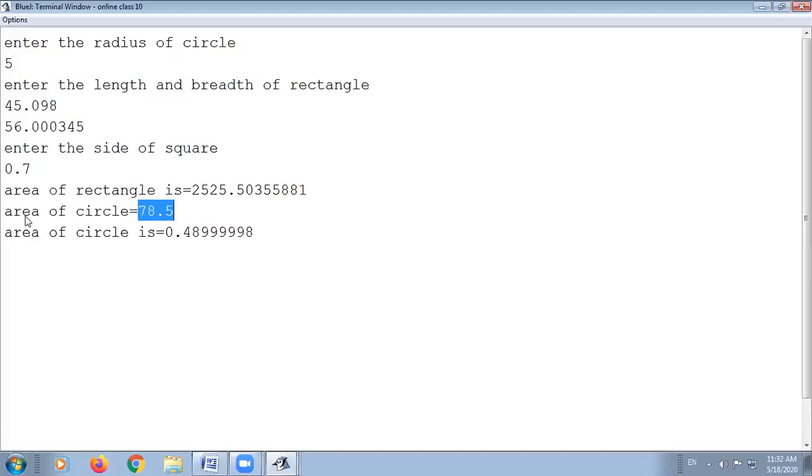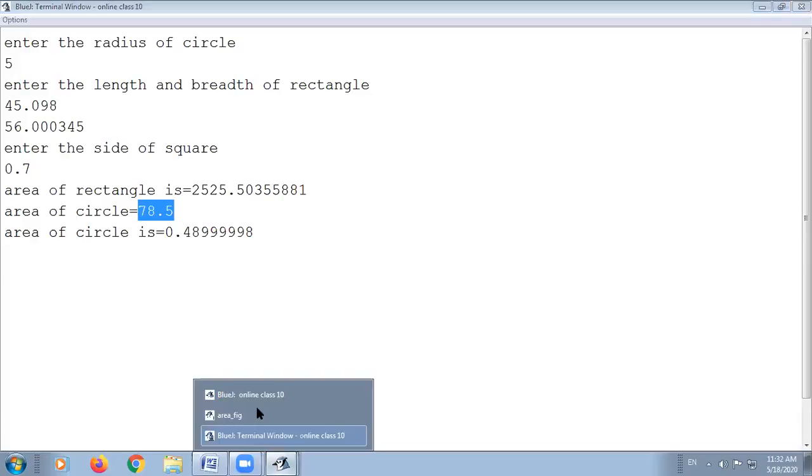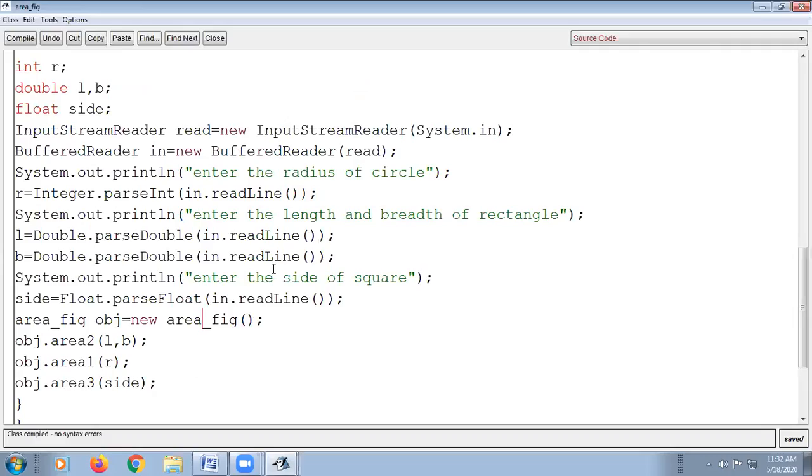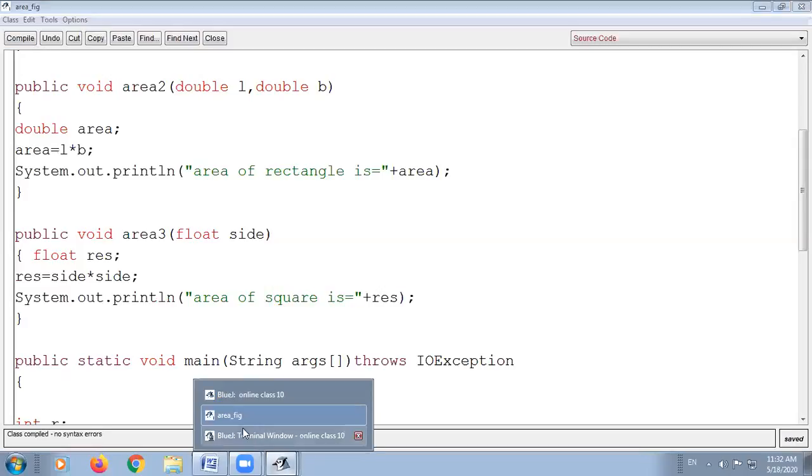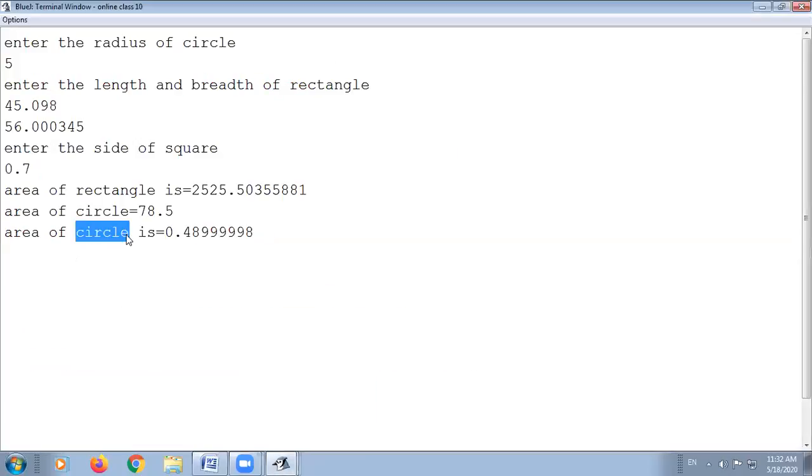Now next, at the last, we have called the area of, that is not circle. Okay, I have to change the statement, that is not the area of circle. In the program only I have to check it. So it is written area of circle. No, this is not the area of circle. This is the area of square. The statement that you have displayed is wrong. After compiling it and when you run it, you will get the area of square here. In the next run we will observe that. So you change the statement. Don't write circle, you write area of square.